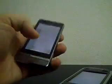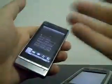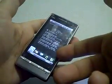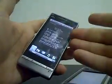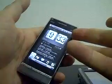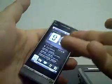Both of the phones access the internet. Obviously the HTC is 3G, so it is much faster at accessing the internet. One thing that's a bit annoying about the HTC is that it doesn't really show you a great deal of your appointments at the front. I would really like to see a lot more space utilised here. There's all this black space on the left to right and down at the bottom not utilised, where I could see more appointments. And also defaulting to this screen is a bit of a pain too, where this is not really necessary to see